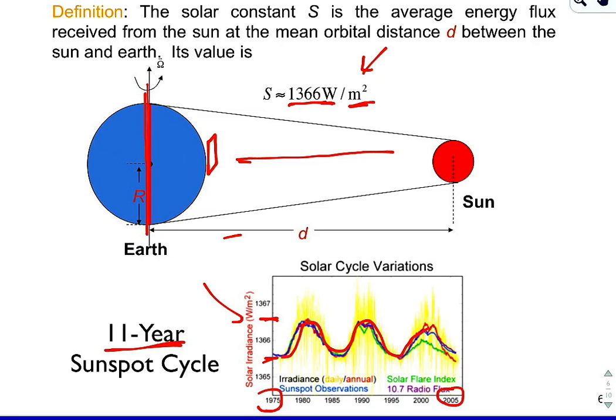There are also solar constant variations over very long time scales due to very small changes in the Earth's orbit and the Earth's inclination. These drive what are called Milankovitch cycles and are largely considered responsible for the periods of glaciation and very long scale climate change. And those occur over much longer time scales, hundreds of thousands of years. So keep in mind this number. This is known as S,